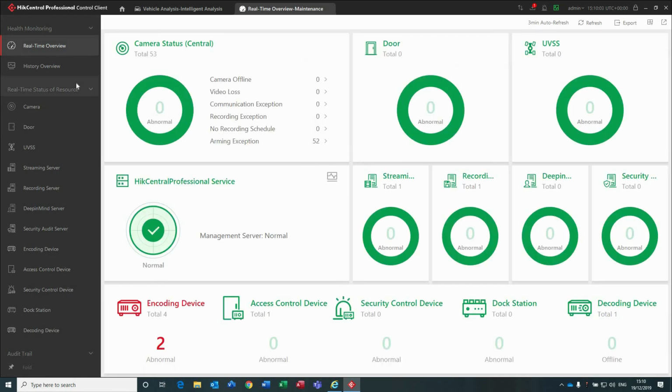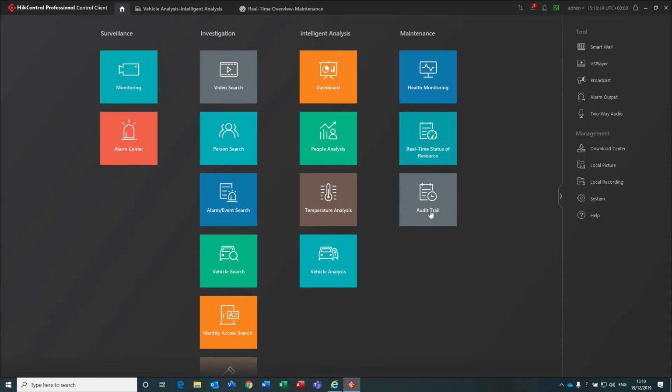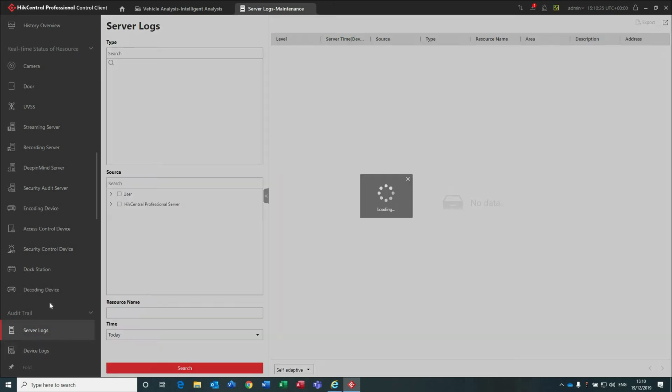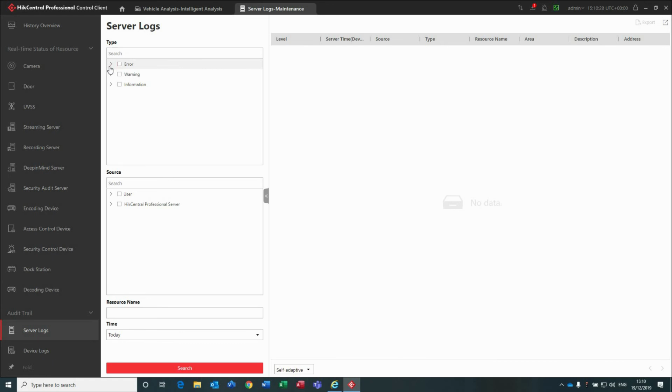Now what we're going to do is we're going to have a quick look at the audit logs for HikCentral. So if I go back to our home page there and go into Audit Trail, at the moment I'm just going to take a quick look at the server logs, so I can search for any errors that are on the system, any warnings, information, and these can be broken down further into different groups. I'm going to use the source as a user, but I'm going to search for my admin account, so search admin user, and then we're just looking for today, and if I click search,